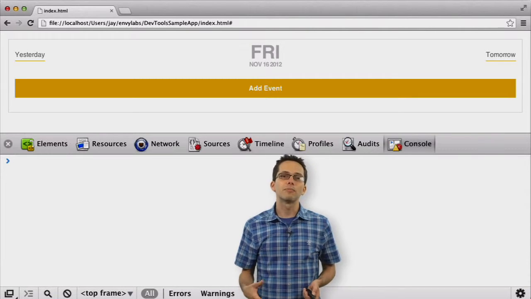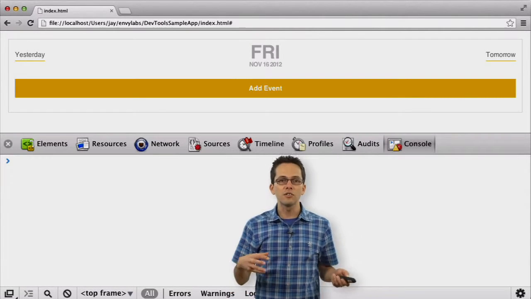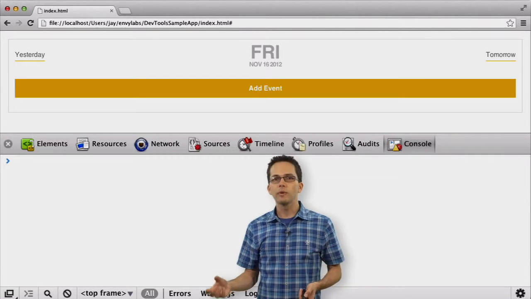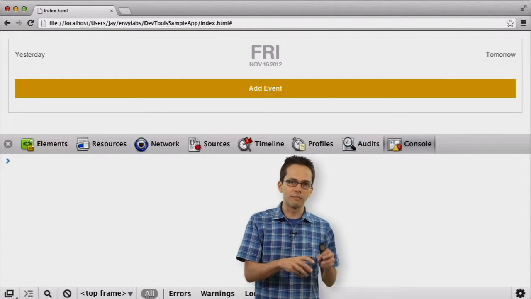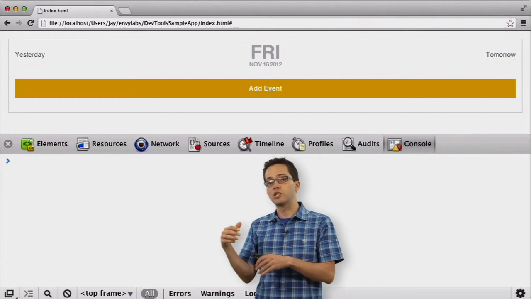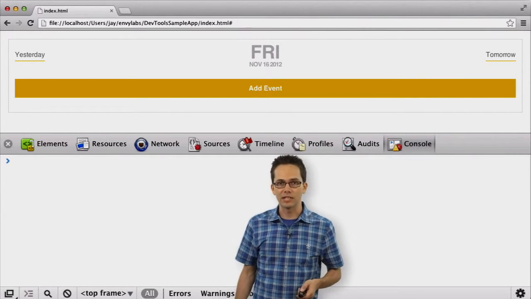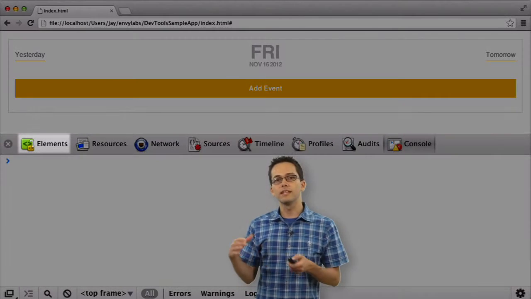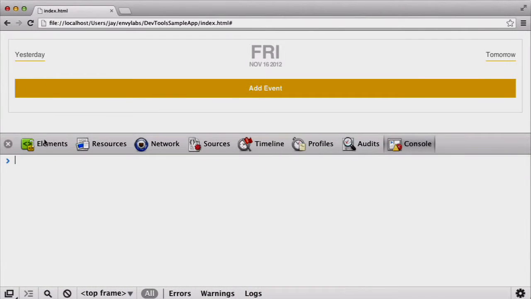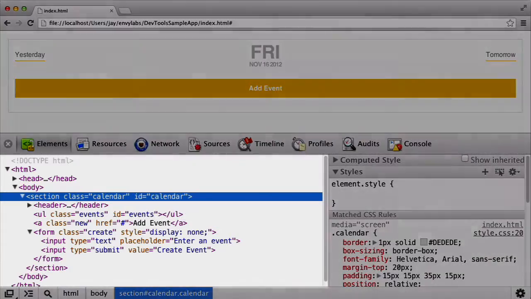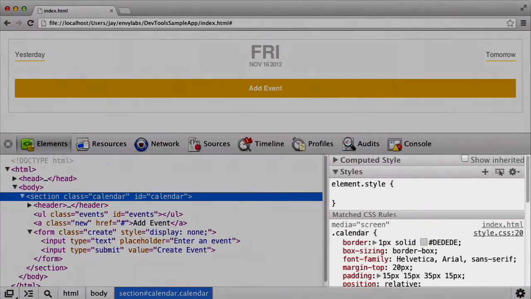So here in our calendar application, we want to make some changes to the HTML structure of it. Now we could go back onto our server and make the changes there and then refresh our browser, but maybe we just want to play around and live edit the page. To do that, we want to make sure we're in the Elements panel you see here. In this panel, you can see a bunch of HTML on the left side and a bunch of CSS on